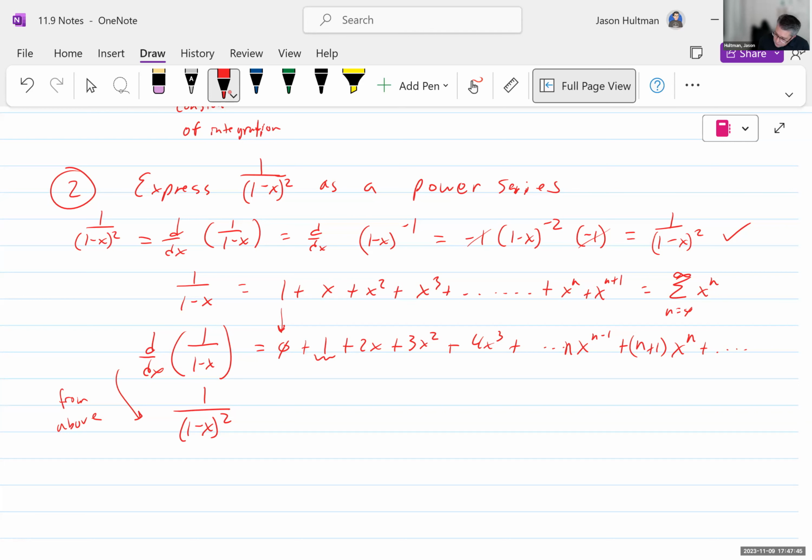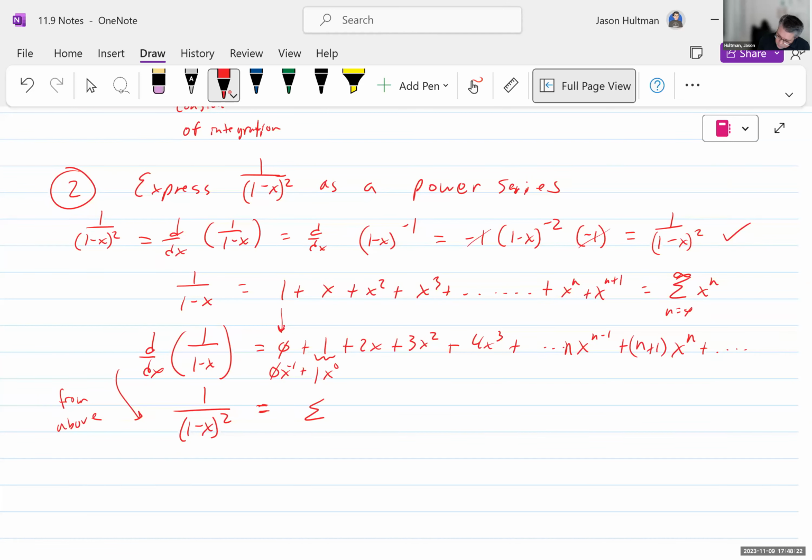Okay, and this guy, yeah. And so this is really 1x to the 0 power. Okay, and then what would this guy have to be? This would be 0 x to the negative first power, which is kind of interesting. So that's really 0 over x, which is just 0. And so you could start either place, but it just makes it a little bit cleaner